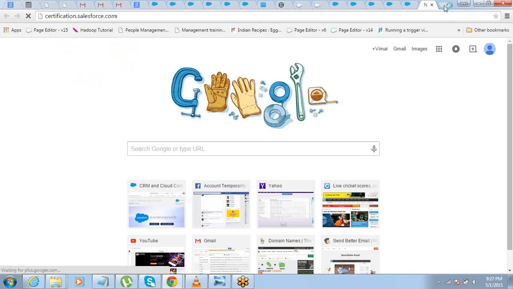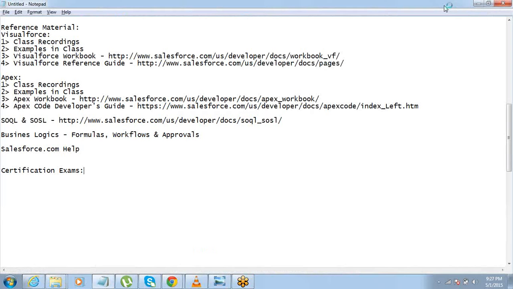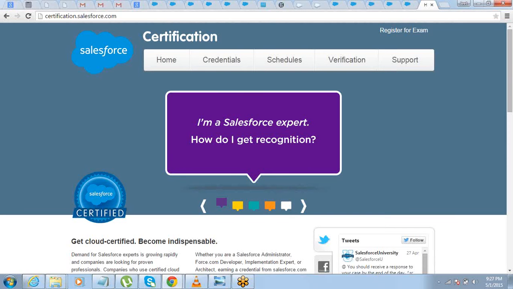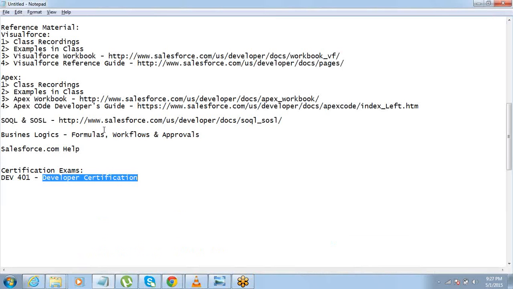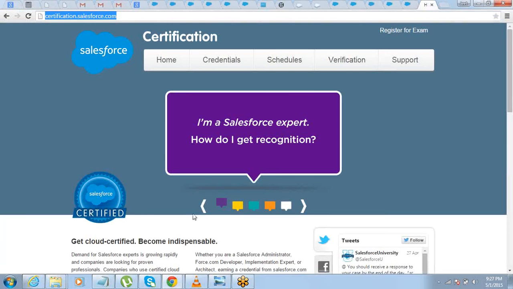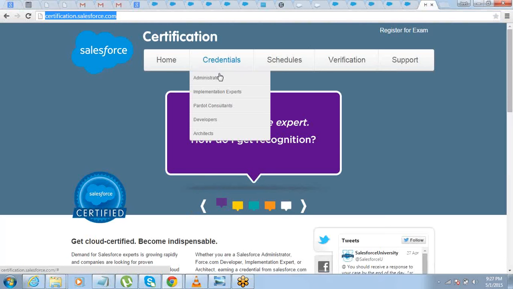So you will find all the details related to certification here. For you guys, you should go for the Dev 401 certification, which is also called the developer certification. This is a certification you should ideally do. However, if you want more information on other certifications also, you can just go to certification.salesforce.com. This link will help you understand everything about certification.